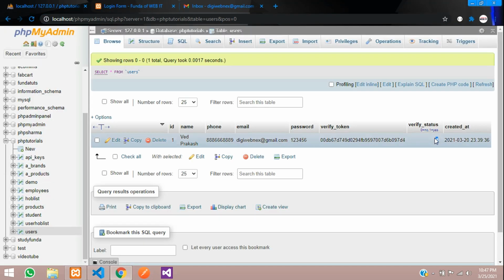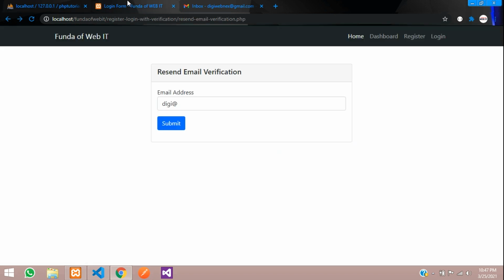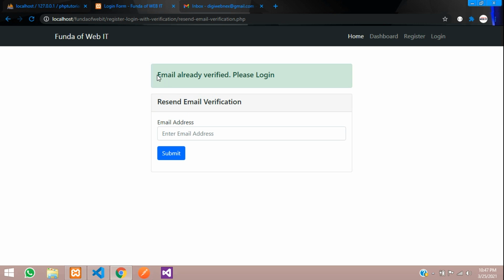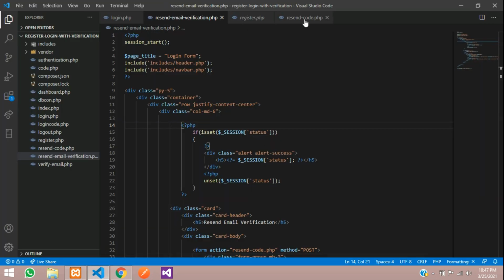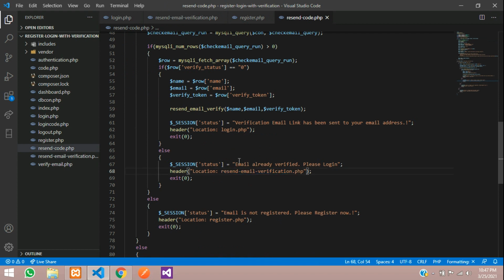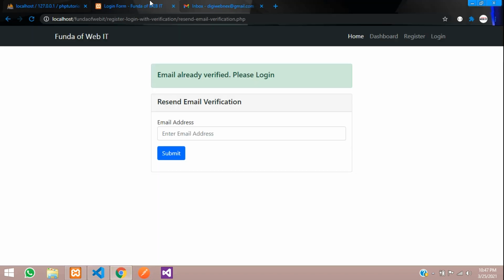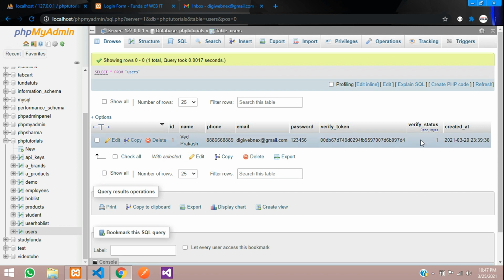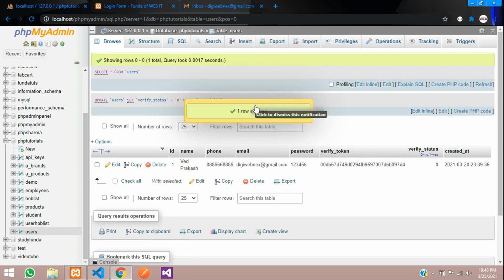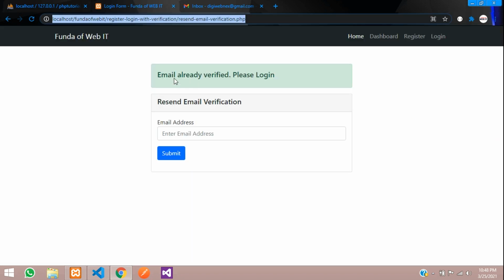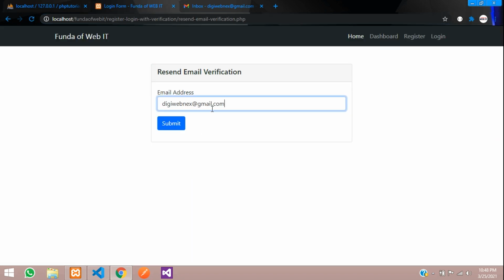Over here you can see that verify status is 1, which is already verified. So let us check with that already verified code what happens. Paste and let's submit. Email already verified, please login. This message from your code has been shown. Okay, so this process is done. Let's get back, go over here. Let's make this verification status 0, and let's get back, refresh, paste,